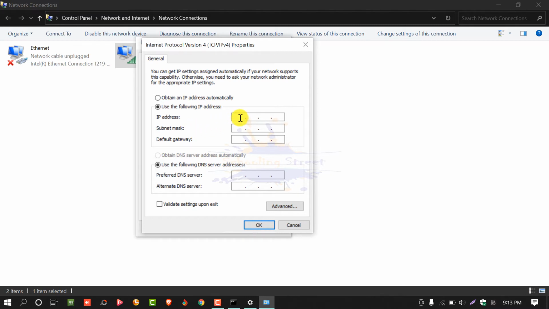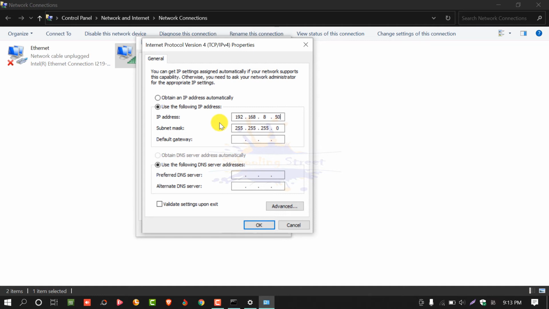From here, in the IP address bar, you can select any of your choice. You can choose any number between 0 and 255. Let's choose 192.168.8 and for example 50.